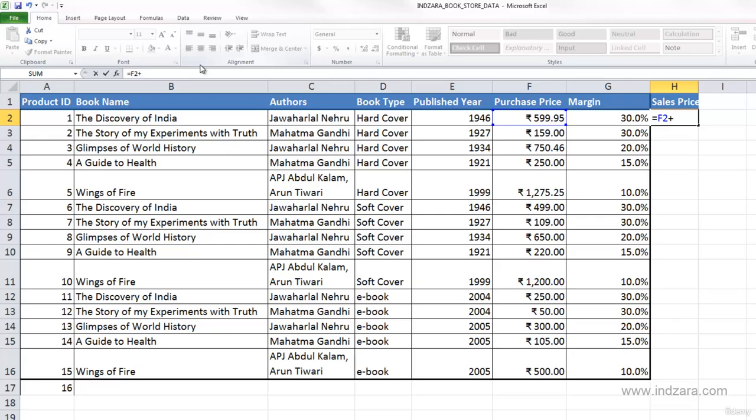So for the margin amount, we're going to calculate that by opening up the brackets and then multiplying the margin percentage. I'm going to type in asterisk to say multiply, and then select the purchase price again. So this is equals purchase price plus the margin amount, and I can press enter, and now we have calculated the sales